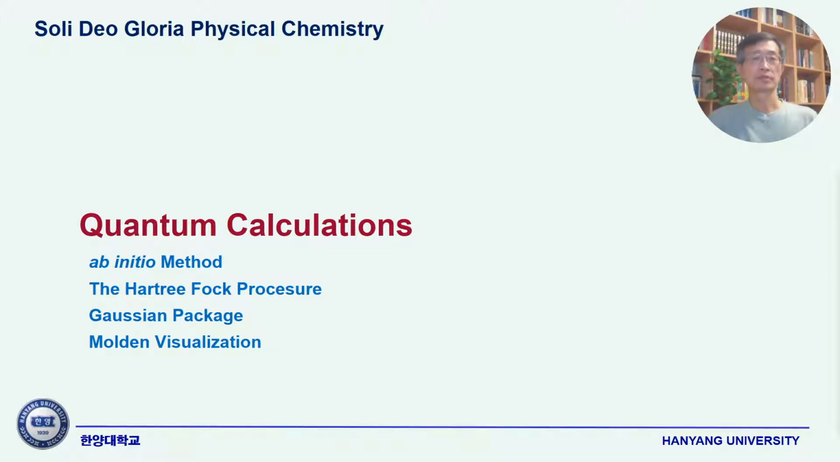This is the third lecture of molecular quantum chemistry. So today's topic is quantum calculation. Basically, we are doing a computational chemistry kind of introduction. So firstly, we'll talk about the ab initio method,